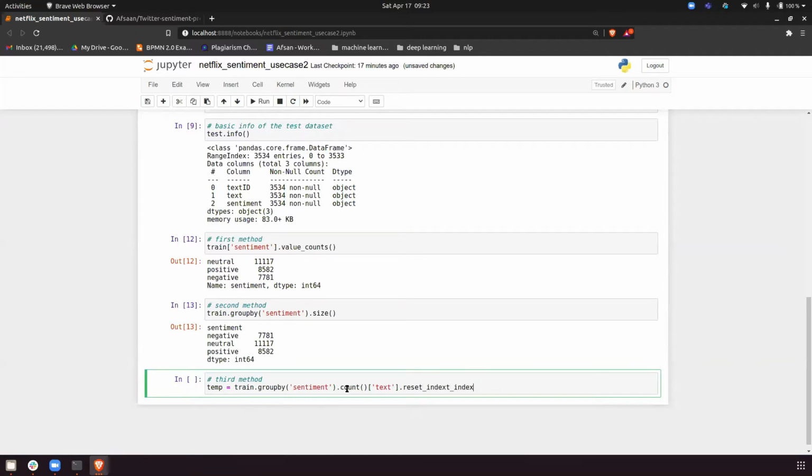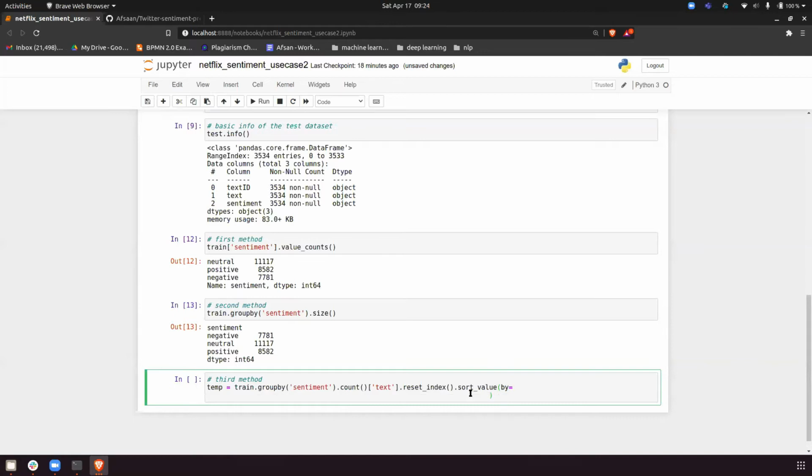So reset index. Then just for my own purposes, I will sort the values so that everything is in a sorted way. So basically neutral will be on top, then positive, then negative. Okay, so like that I am sorting.